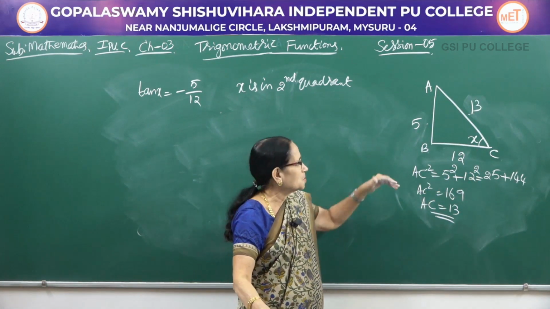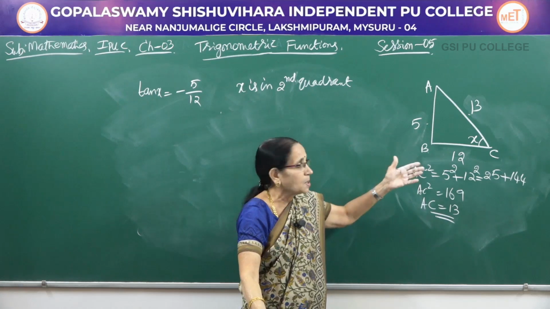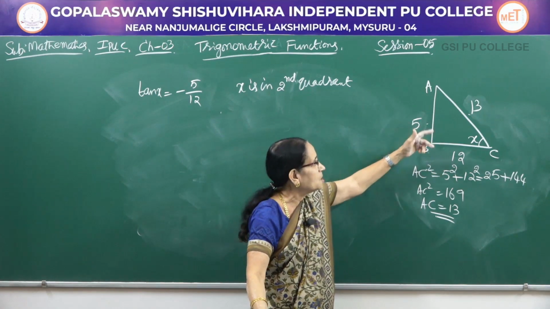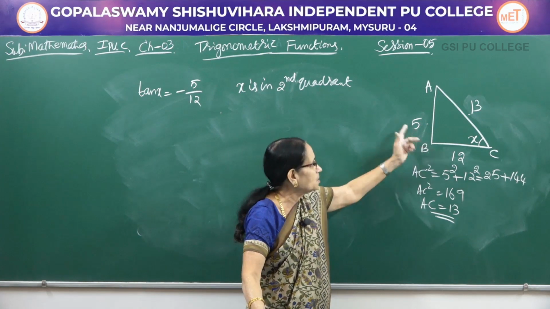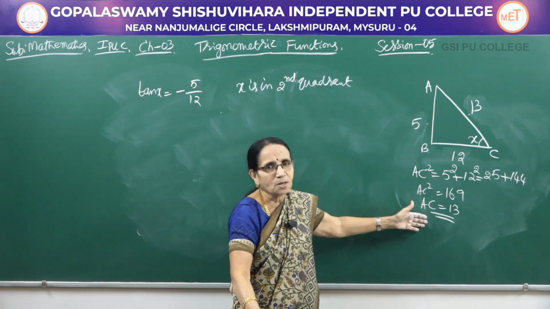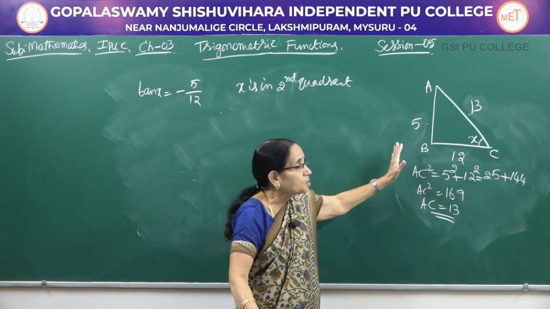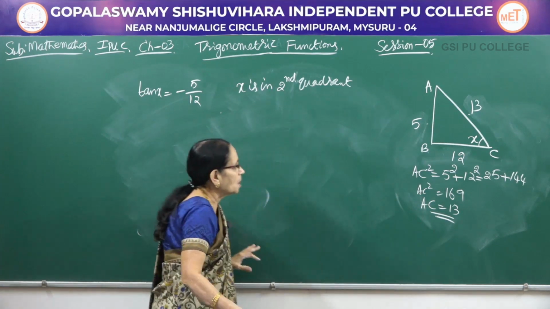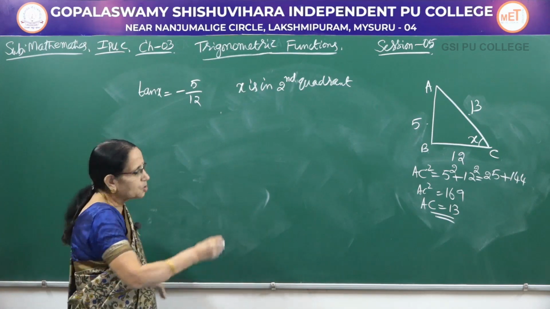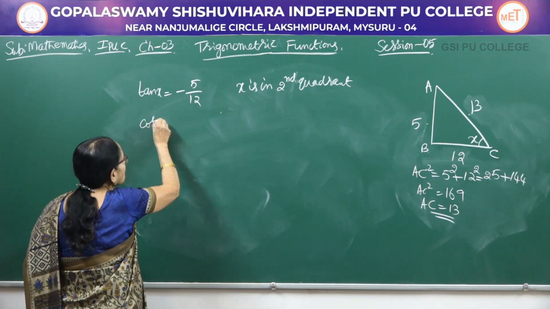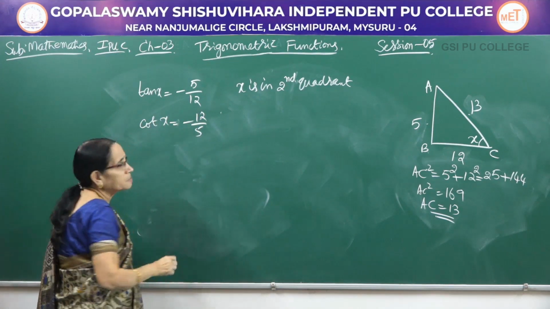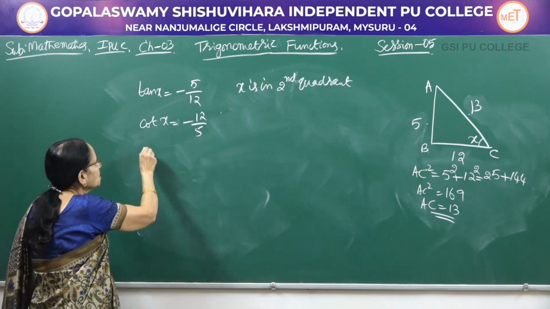Now, these are some standard values. If you could remember, directly you can write. Suppose you are having 3, 4 here, that would be 5. Here 5, 12 or 12, 5, that would be equal to 13. But it is better you show the calculation, and do not write the sign in the figure. Now, tan x has been given as minus 5 by 12. So, immediately let me write the reciprocal. It is minus 12 by 5. Okay. Next, come to sin x.